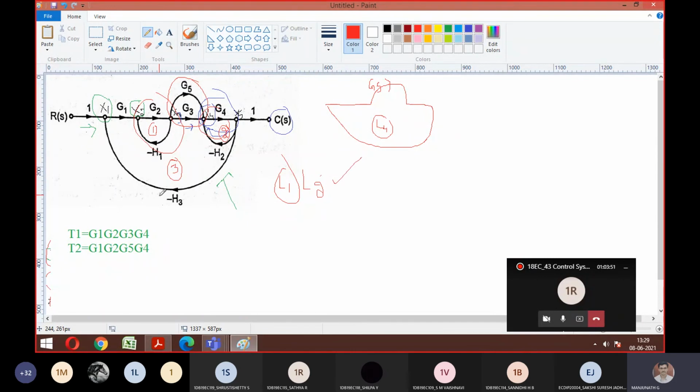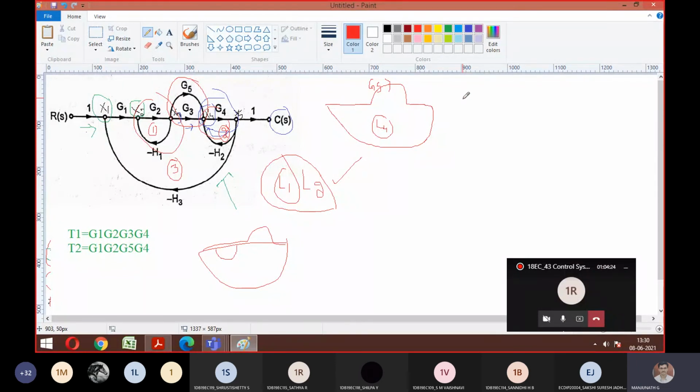Agree. So is L1, L3 possible? No, because it is inside that. L3 is here and L1 is like this. Agree? So it is touching. So this is cancelled. Then L1, L4 is also not possible because it is present like this. It is also touching. Agree everyone? So is it only one possible way, or anything else you can compare? L2, L4 also not possible. L2, L3 also not possible. So we can conclude the non-touching loops are 1, that is the L1, L2 combination.